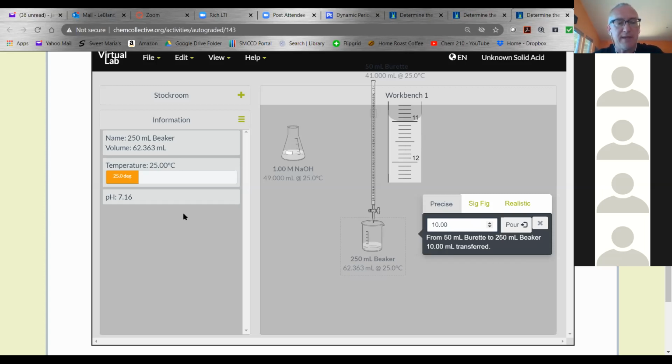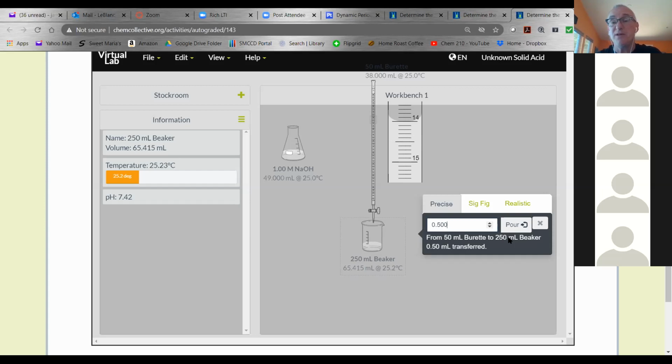So I added 10 and my pH went to 7. That means I'm probably fairly close, actually. I'm probably not that far from it. So I'm going to add like 0.5 and see what happens. Okay, so it went up a little, but not a whole bunch. I'm getting there. Now when it gets to around 8, I'm probably going to drop way back on the amount of hydroxide